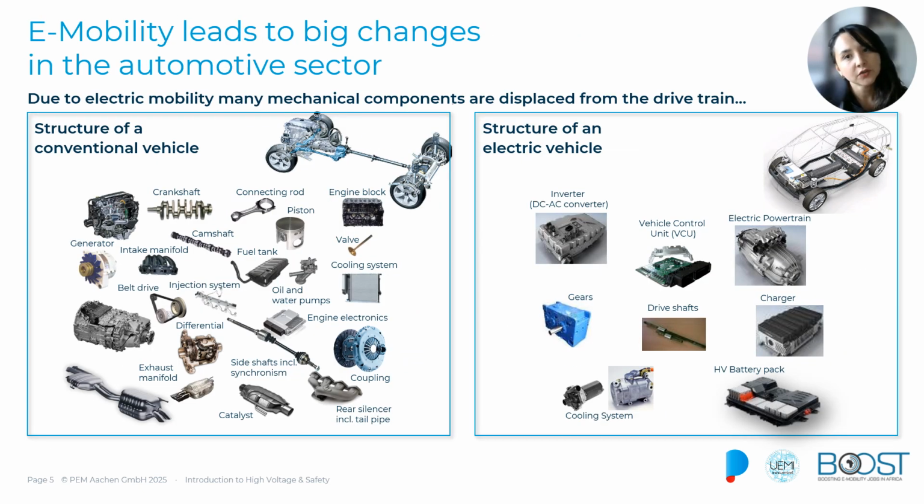The shift to electromobility is not just about replacing internal combustion engines with batteries and motors. It is a complete change in the vehicle architecture. Here you can see, for instance, that in a combustion vehicle, the drivetrain is dominated by mechanical components, like pistons, the fuel tank, injection systems, the differential. We have a lot of mechanical components. These components work together to convert the fuel into motion, all thanks to complex mechanical